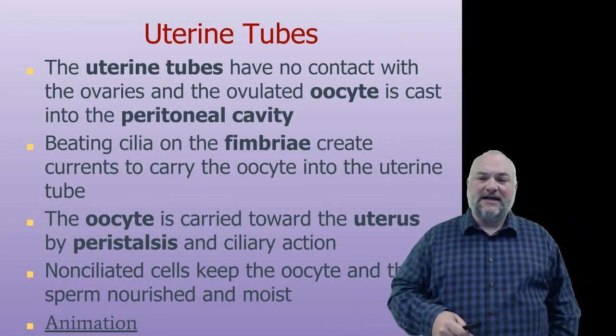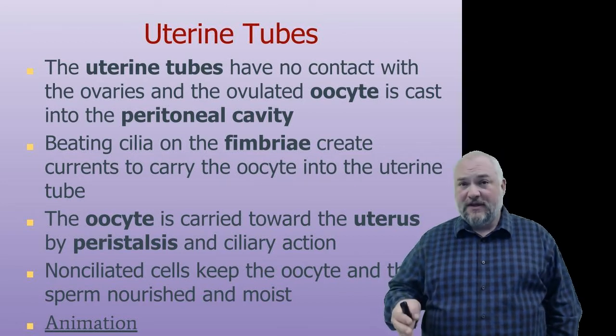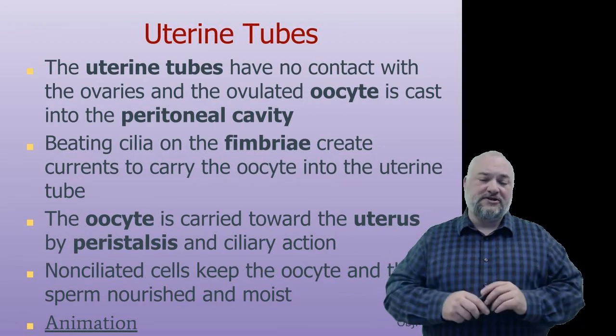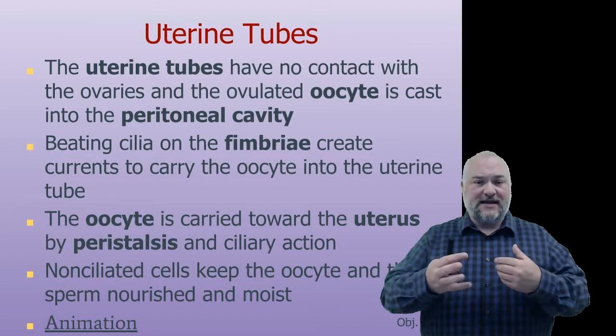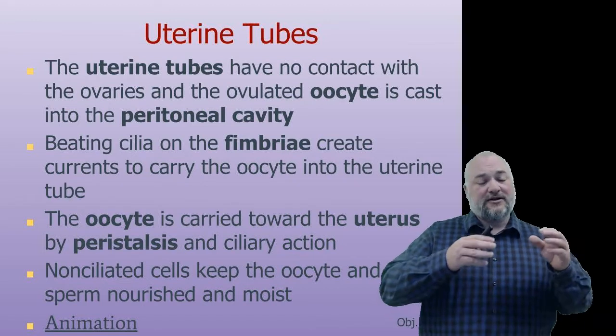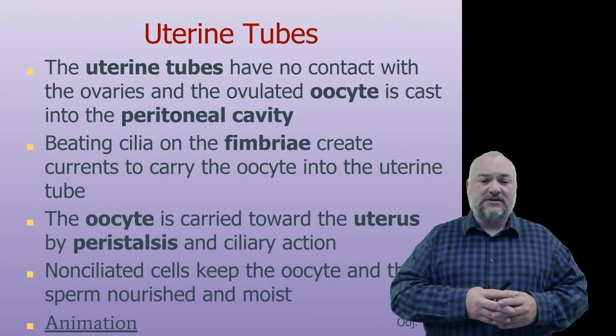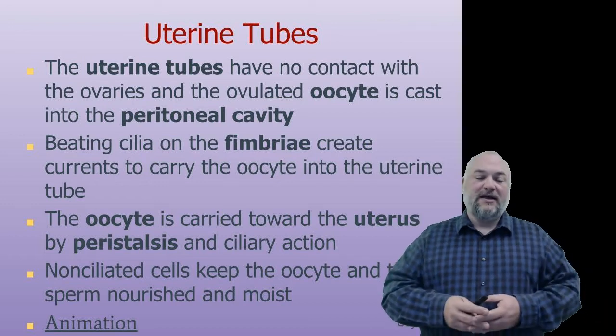The oocyte or egg is carried towards the uterus by peristalsis. So rhythmic contractions of the muscle and ciliary action. There's cilia inside that uterine tube. There are some non-ciliated cells in there which keep the oocyte and the sperm nourished and moist, because just like